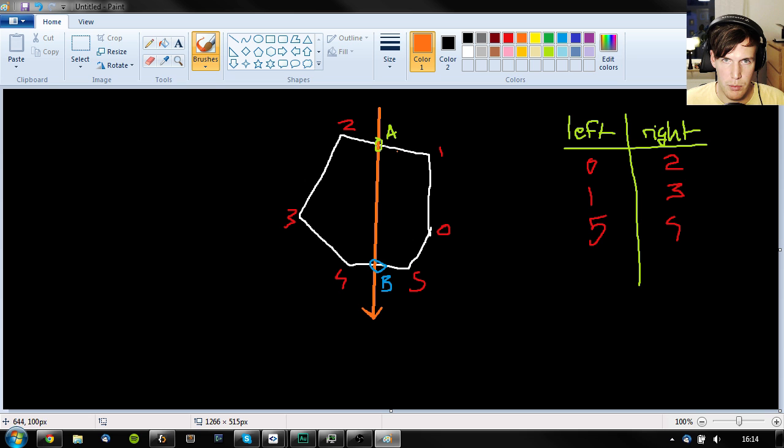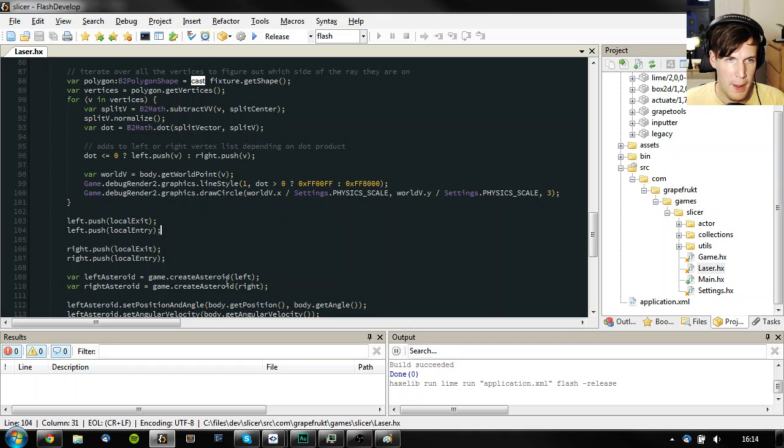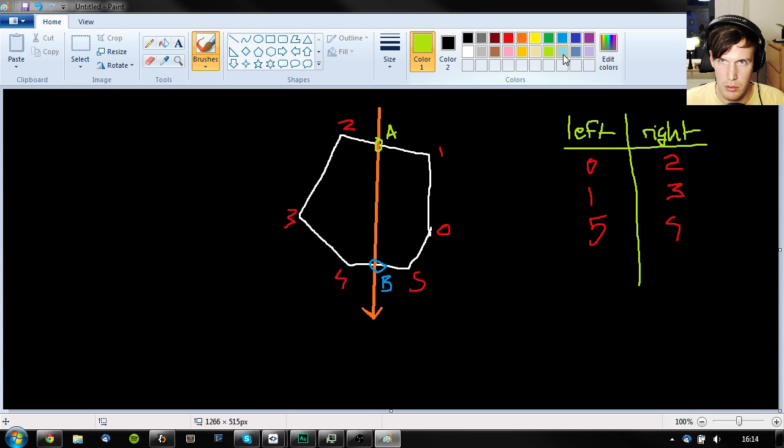So this would be the entry point. For the left side, I am adding the exit first and then the entry point. So I would go B, A, and on this side I would go A, B. So if we do this manually, there'll be 0, so this one, 1, okay, still cool, 5,